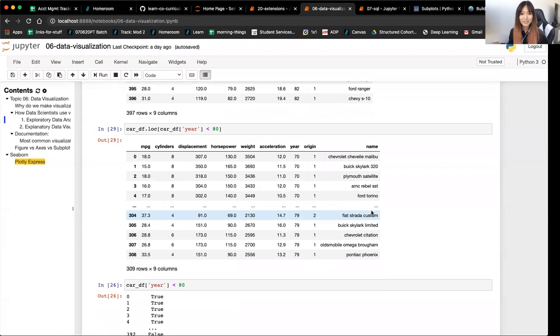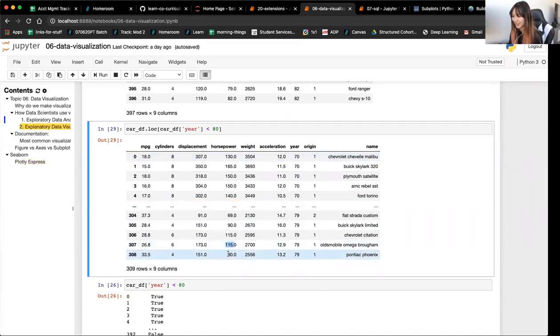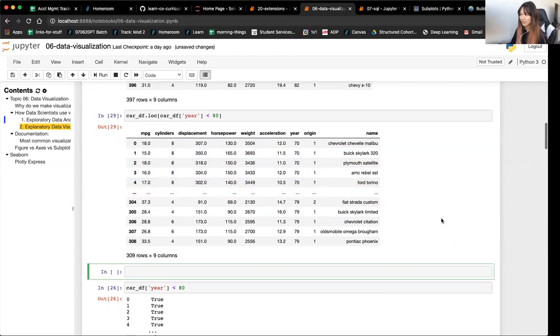Continuous data is any variable, any column that can be measured on a continuous scale. Again, the degree of incrementing does depend on the data set. So in this case, I think all of them increment by whole numbers. I guess not for miles per gallon, but these are considered continuous. Variables like displacement, horsepower, pretty much anything that, if you plot a histogram of,